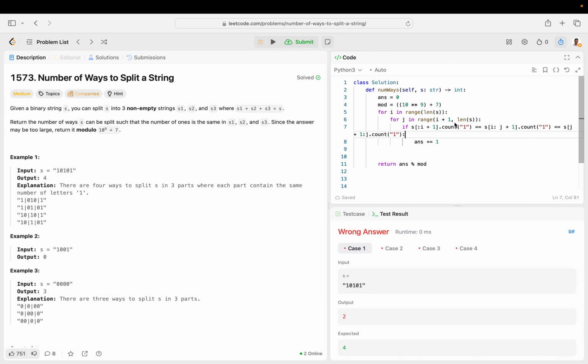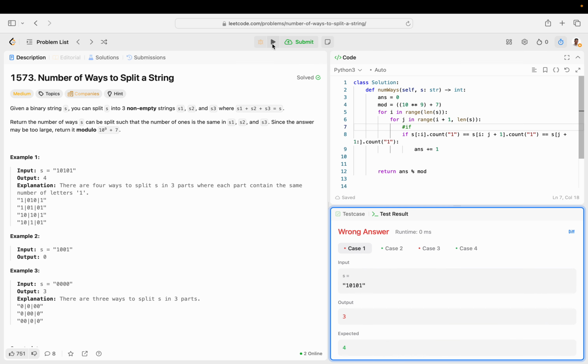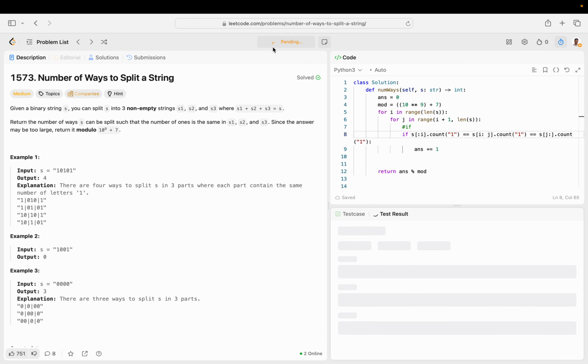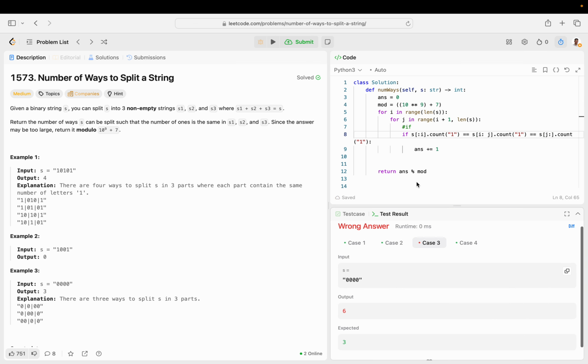So they're the same. We're not including i. Perhaps it's like this. So if the number of ones are the same,